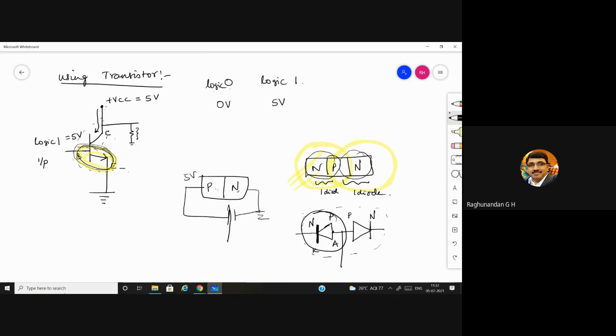Will it get forward biased, reverse biased, or no bias? What will happen? When 5 volt is given, this base to emitter junction will get forward bias.